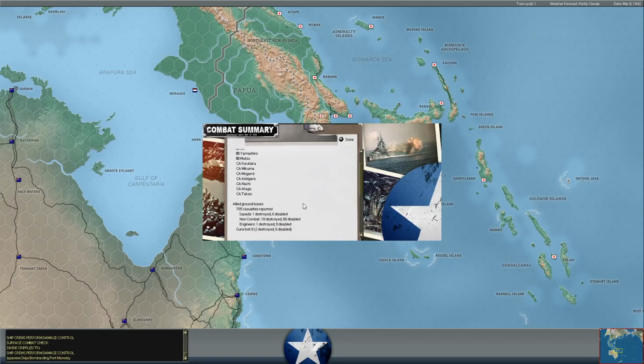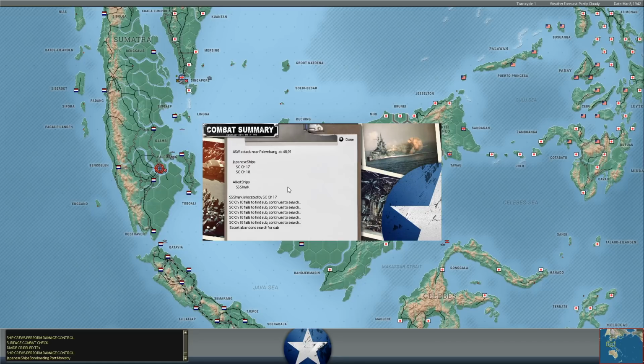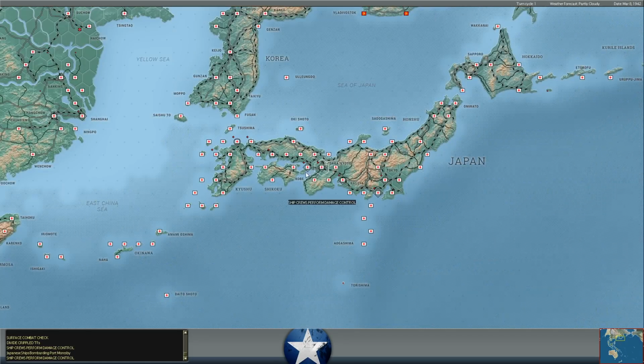Jeez. 700 casualties inflicted, 1 squad destroyed, 18 non-combatants disabled, 1 engineer destroyed, 8 guns lost. 8 port supply hits, 33 port hits, 60 runway hits, 8 airbase supply hits, 17 airbase hits. That bombardment was not very effective. Yeah, Moresby's done. I mean,